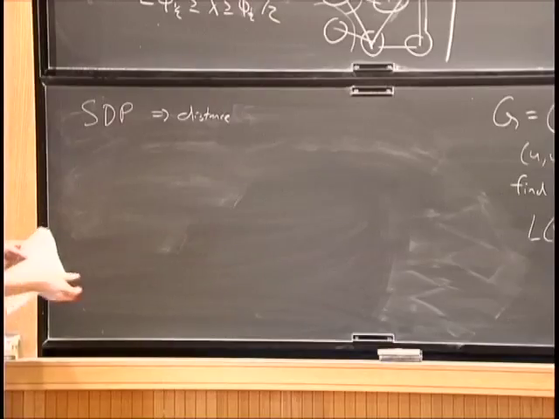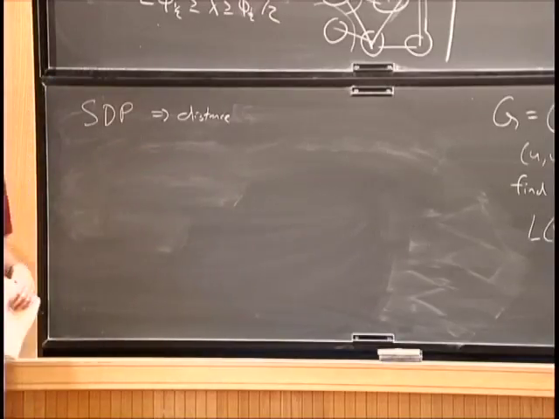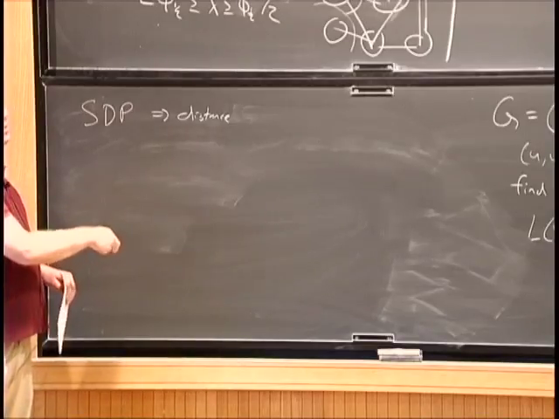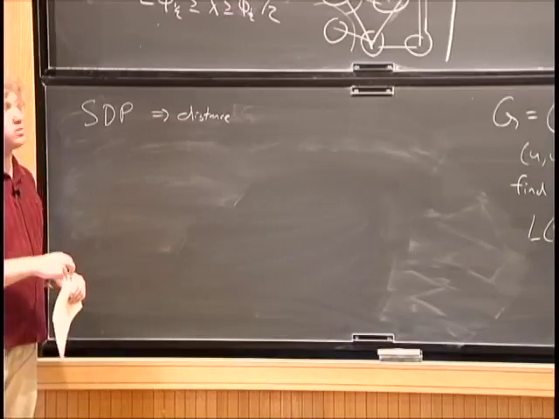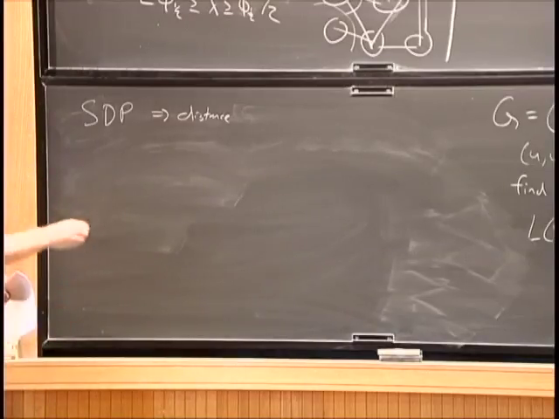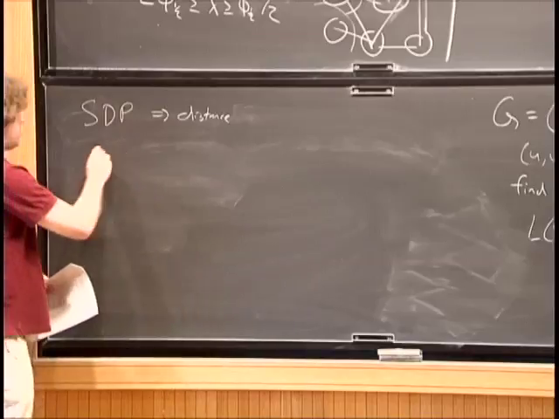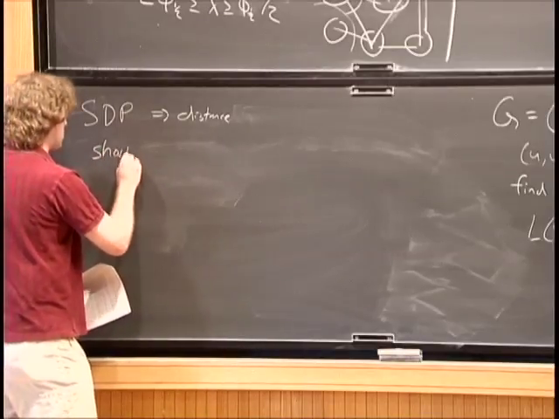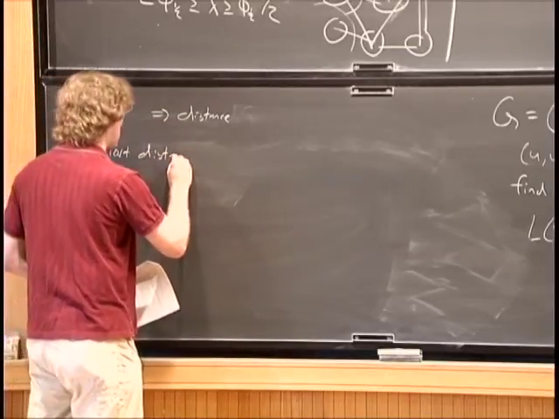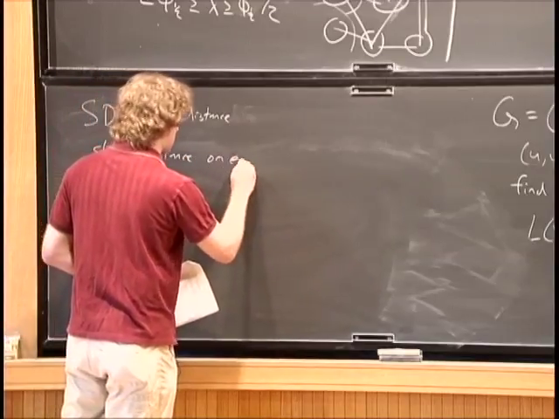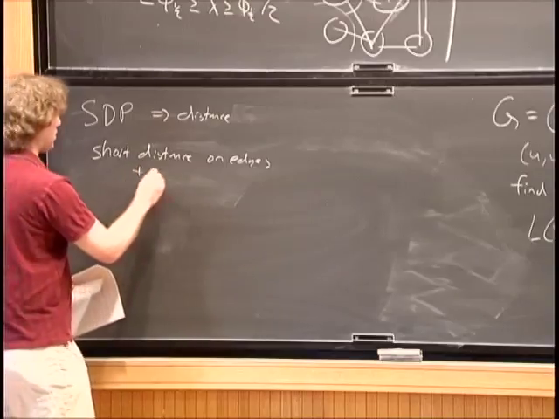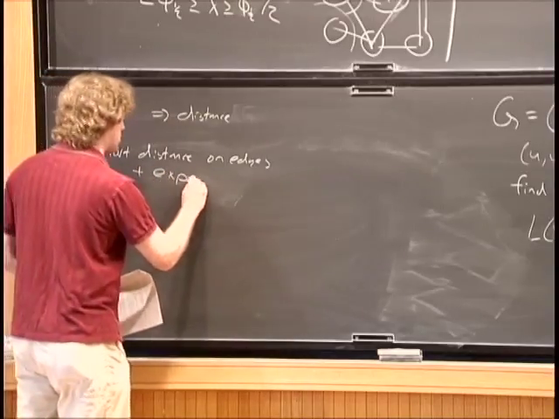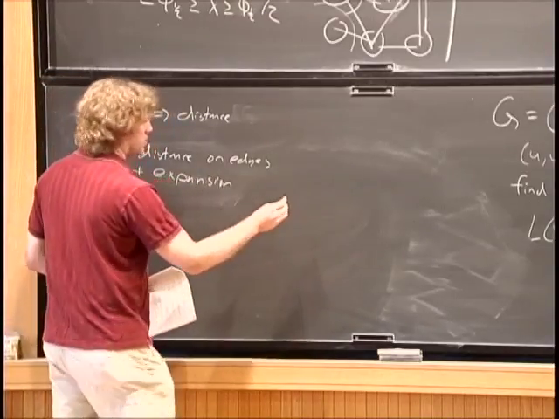And this distance is defined in such a way that the distance along an edge is very short. And then they combine the short distance on edges with expansion to get that